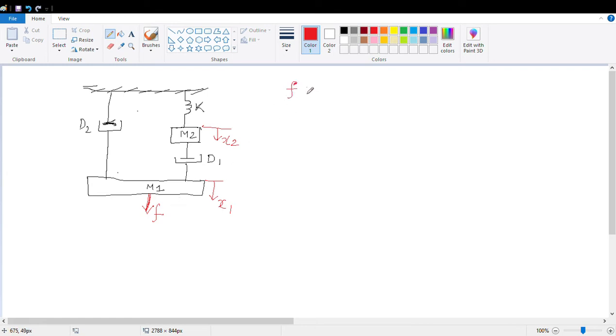So we know that as per D'Alembert's principle, our force F is the algebraic summation of all the restraining forces. What are the restraining forces? First is the inertia force, Fm. Then the damping force, FD, and third is the spring force, FK. All the restraining forces should act in such a way that the applied force is ultimately nullified and the system again gets static equilibrium.